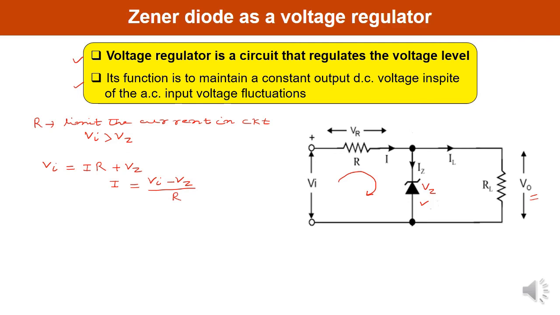So the ideal Zener voltage may be assumed as what? As a constant voltage source of voltage Vz. But if you talk about a practical Zener diode, the Zener resistance must also be taken into account. And here now you can write down the load voltage,